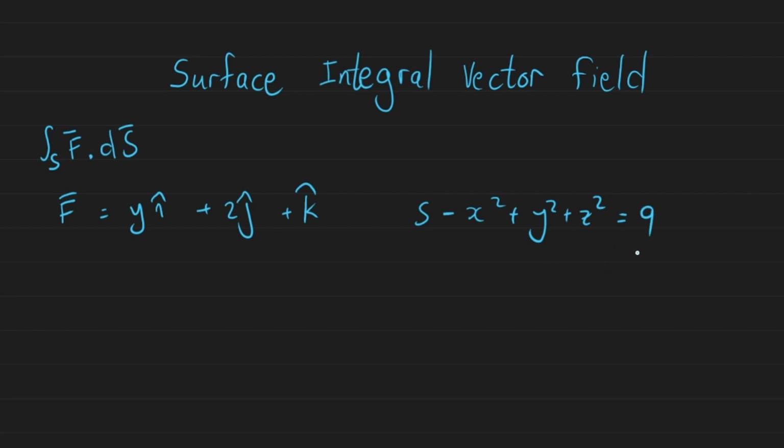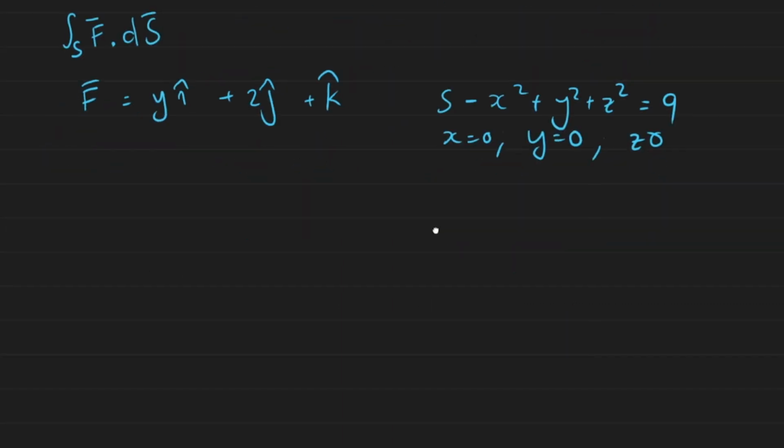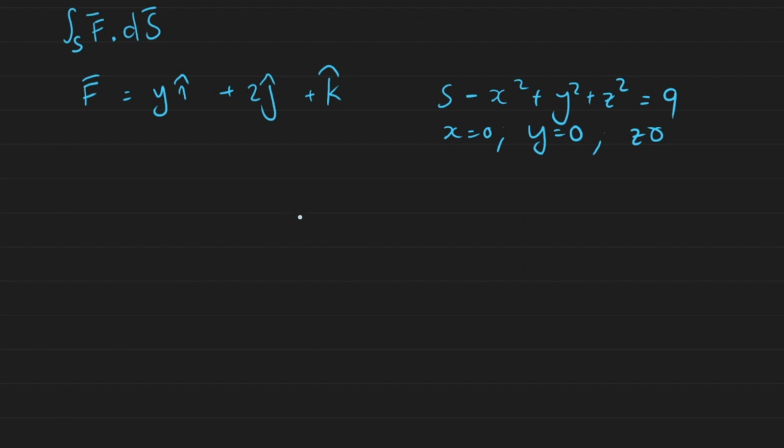So it's a sphere with radius 3 essentially, and it's bounded by x is equal to 0, y is equal to 0, and z is equal to 0. So it's essentially in the first octant that we are considering it. So as was the case in the previous example, we start off by determining the normal vector, and we need the gradient vector to do that, and it follows the same procedure as the last example. So the gradient vector is 2xi plus 2yj plus 2zk. And the magnitude of the gradient vector